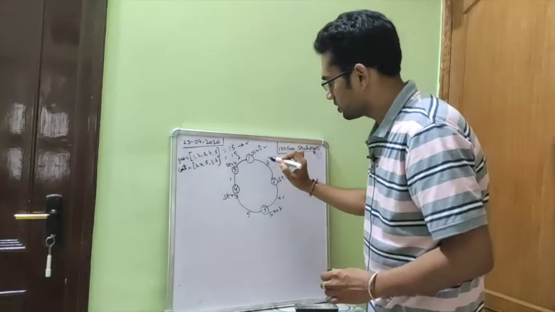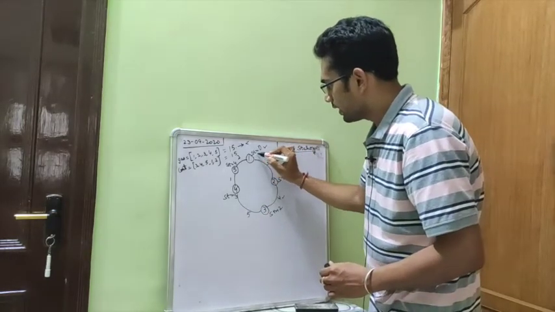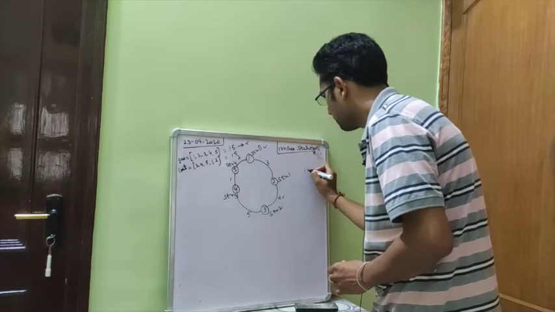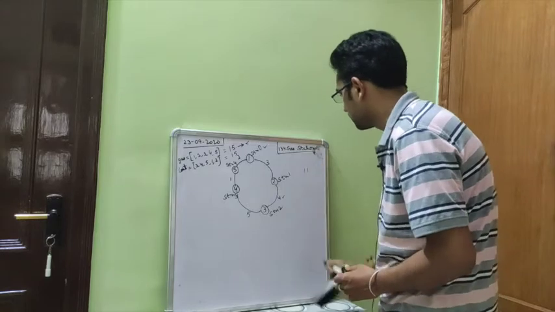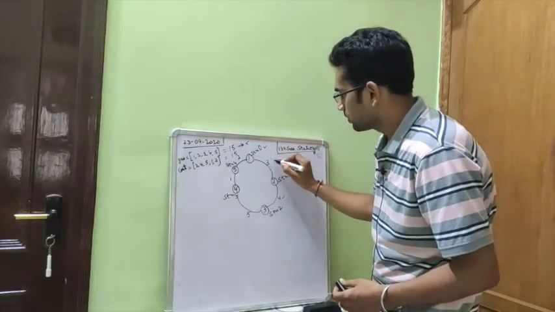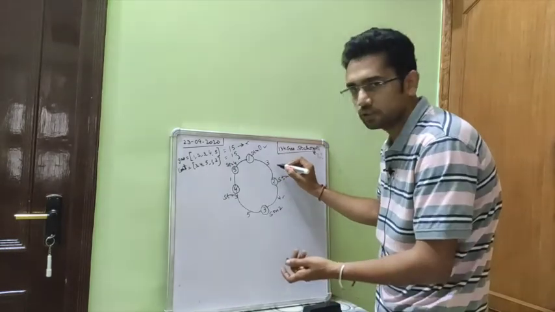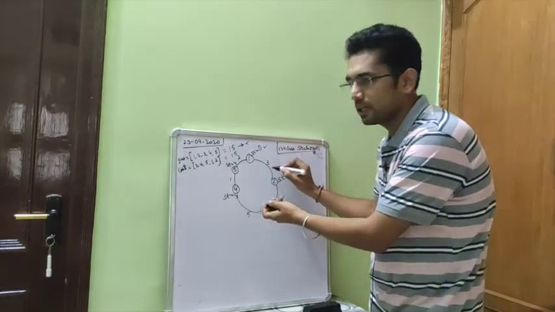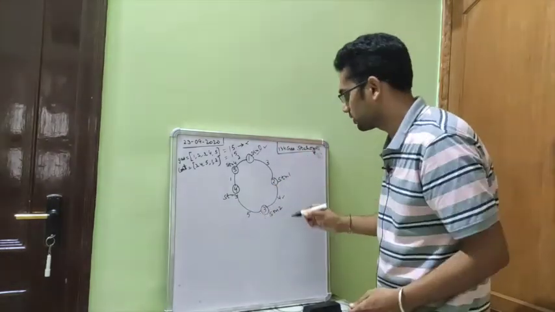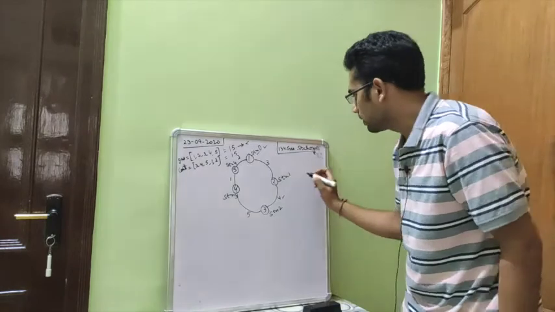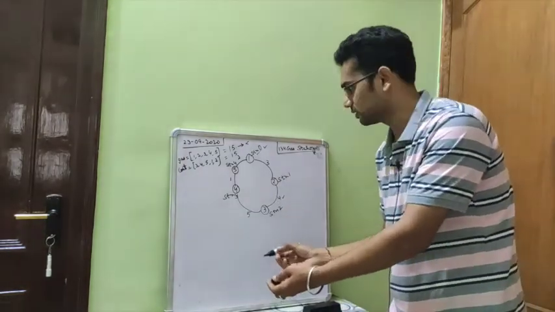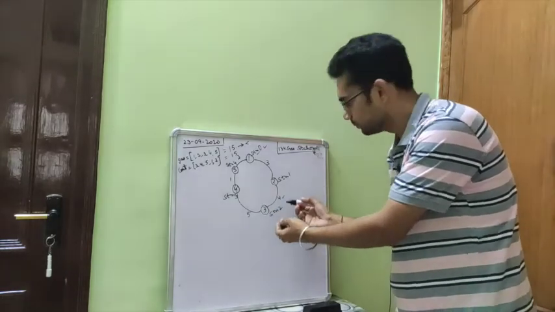Initially, if we start from station 0, we can fill 1 liter of petrol, and then we need to consume 3 liters of petrol. Here only we are getting that it is not possible to start from station 0. Let us try to start from station 1. Here we can fill 2 liters of petrol, but we need 4 to go to the very next station. So here also we can't even start.